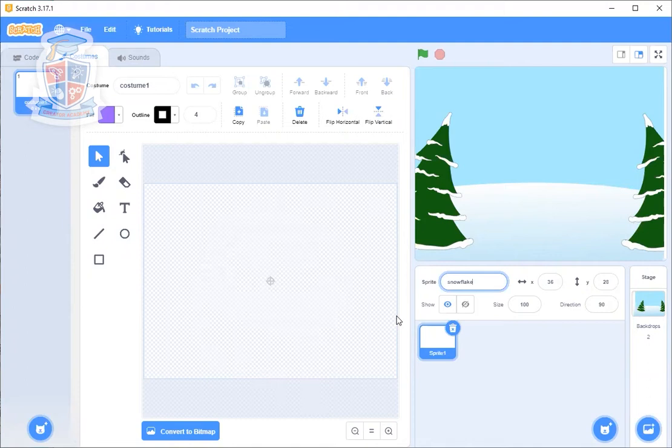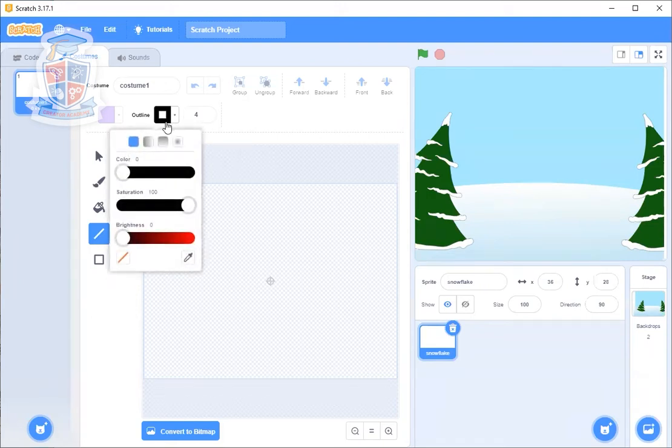So to draw part of a snowflake, I'm going to teach you an easy way to do that. Have a look carefully. Watch this. I'm going to click on line over here on the left-hand side. Then the outline is colored black over here. You see that? It's colored black. Well, the snowflake isn't colored black, so we need to color it white. So we click on this outline color,